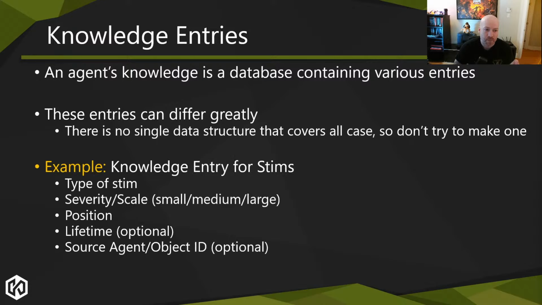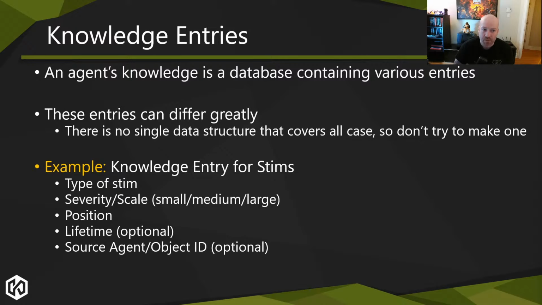Now, I'm going to give you an example, for example, a stim. Stim is a very common thing. So what would we need to know about a stim? Well, we'll have a struct that basically says, what's the type? What's the severity, intensity, scale of it? Where was it? What's the lifetime for the stim? Because audio stims might have a lifetime. Visual stims might not. They're either visible or not. It's binary. And potentially an ID saying like, who caused the stim? Was it a different character? Was it a player or whatever object triggered this? You might want to have a link there via an ID or something.